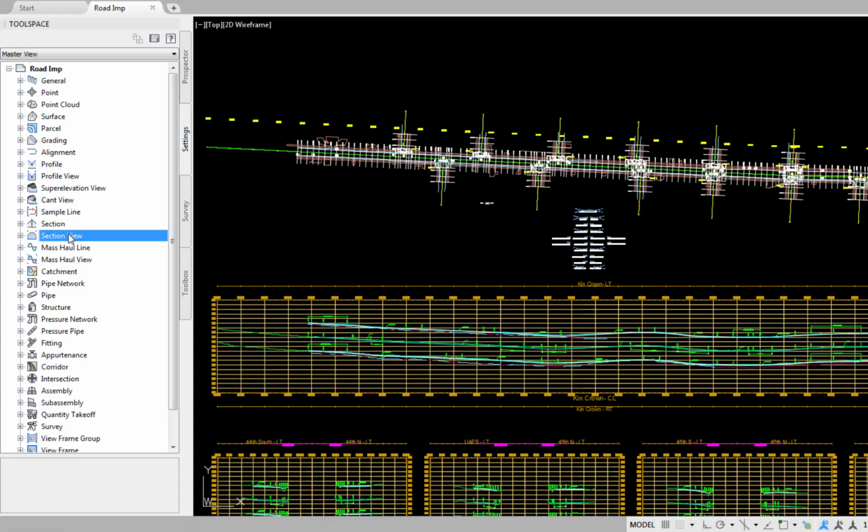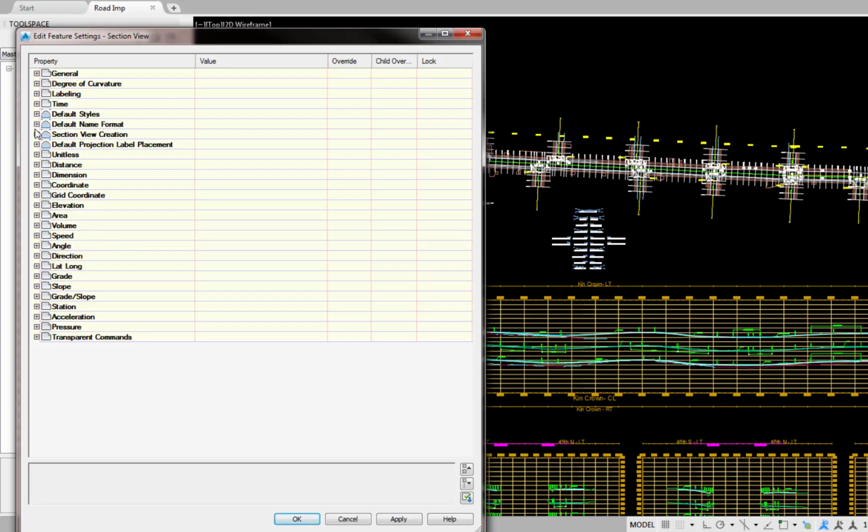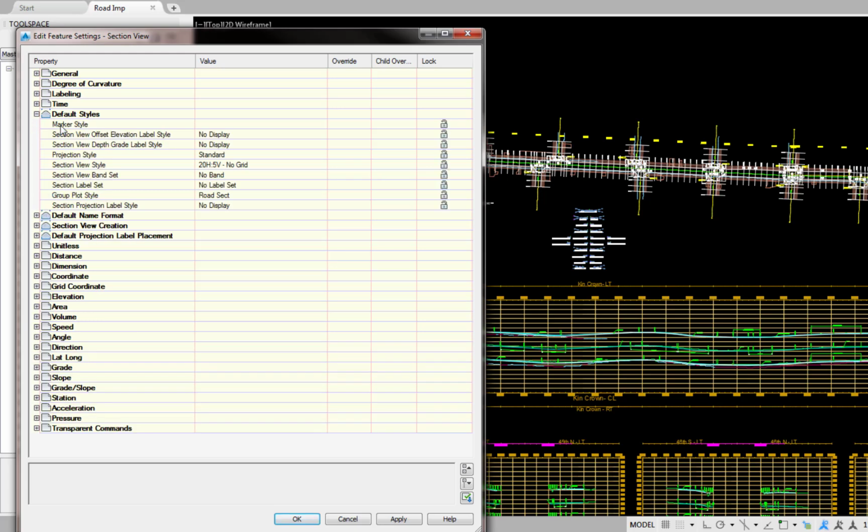Right-click section view, edit feature settings, default styles, marker style, none or blank, section view offset elevation label style, no display, section view depth grade label style, no display, projection style standard, section view style 20 horizontal 5 vertical no grid, section view band set no band, section view label set no label set, group plot style road section projection